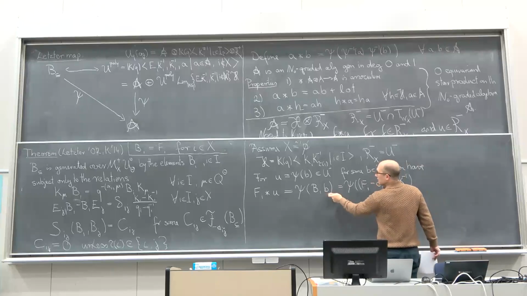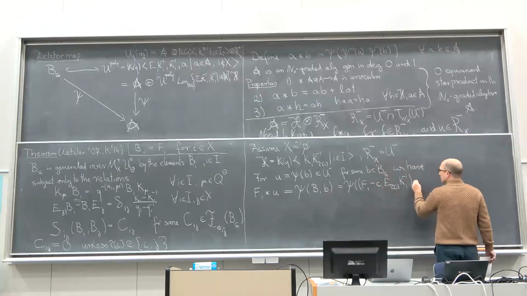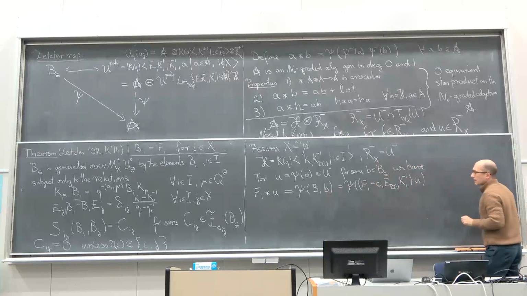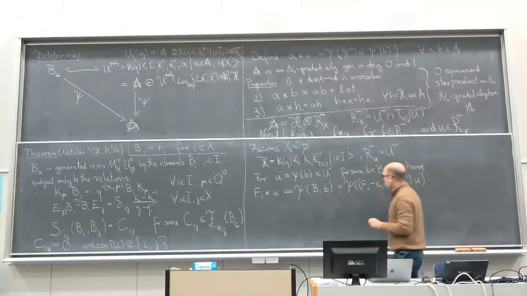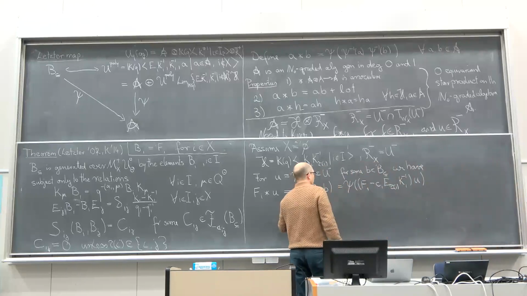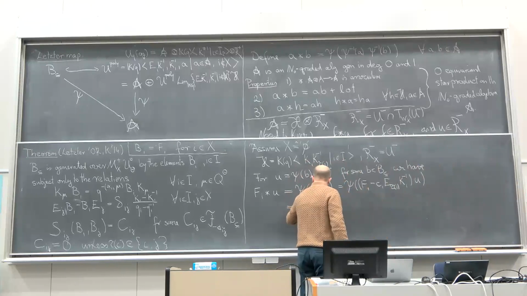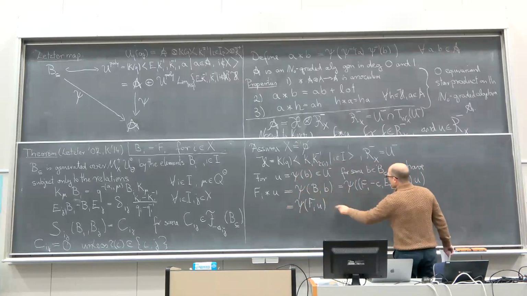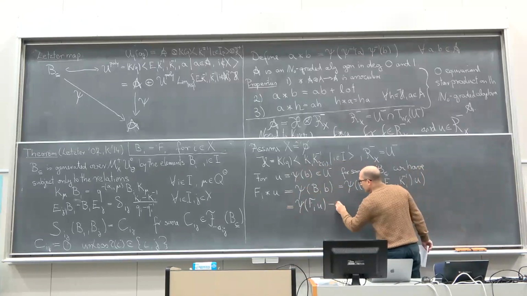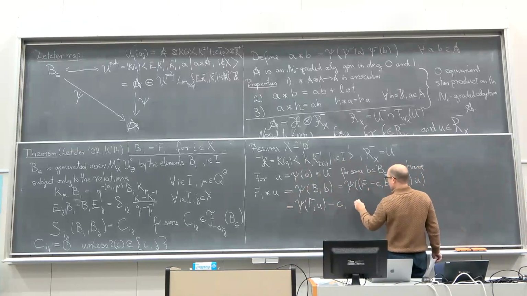And psi of b is u, so I can write u like so. Then I look at the first term, I get psi of fi times u. Well, that is undramatic. That'll be just fiu, and then I get minus ci psi of,